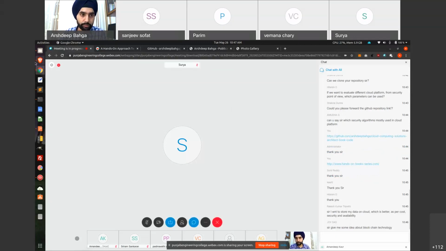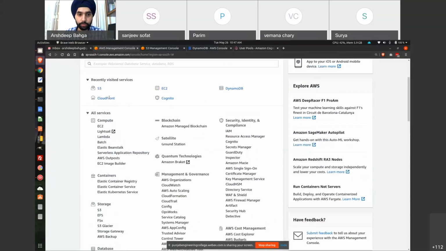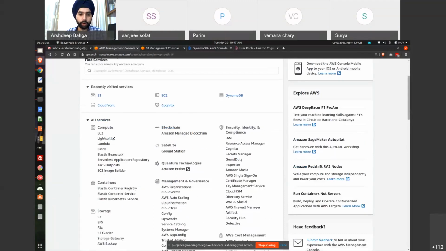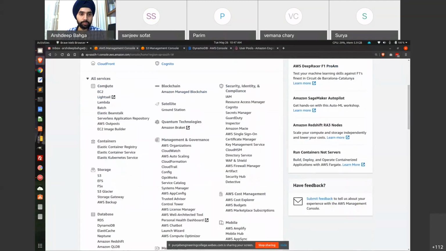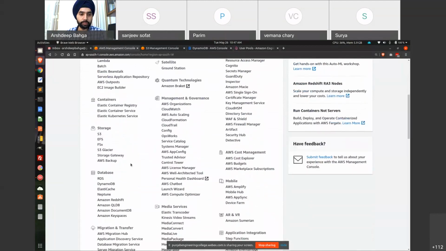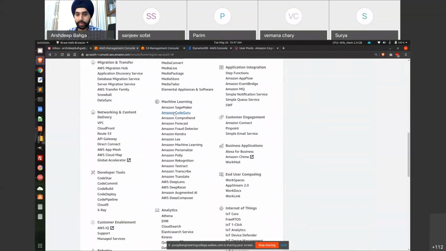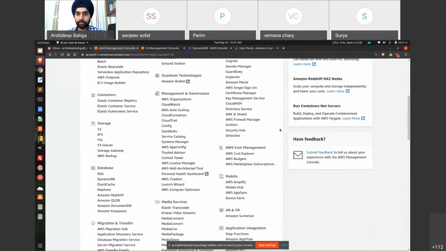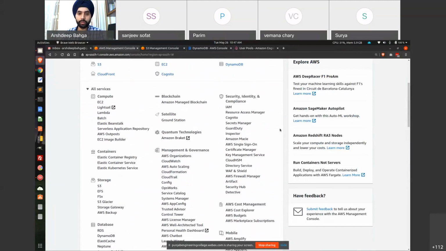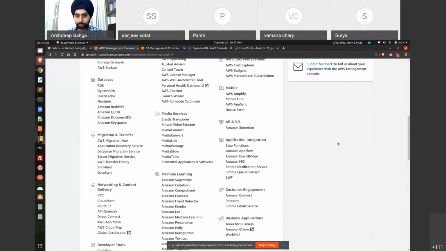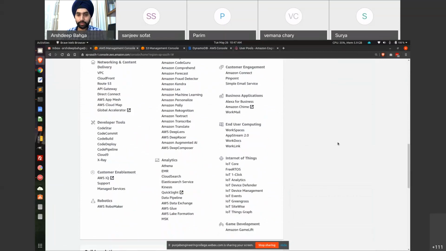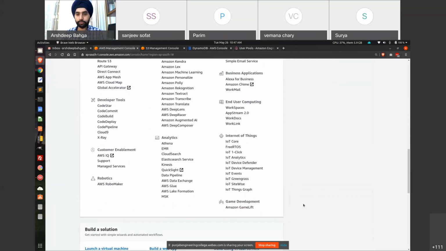If you look at the AWS cloud, we have numerous services, and they keep on adding more and more services. We have compute services, containers, storage services, database services, network and content delivery services, machine learning, analytics, IoT, blockchain, you name it, you have it, everything. They even have a service for creating your own satellite ground stations. That's the recent service they launched. And in the area of IoT, they have lots of services for IoT and securing your IoT applications.